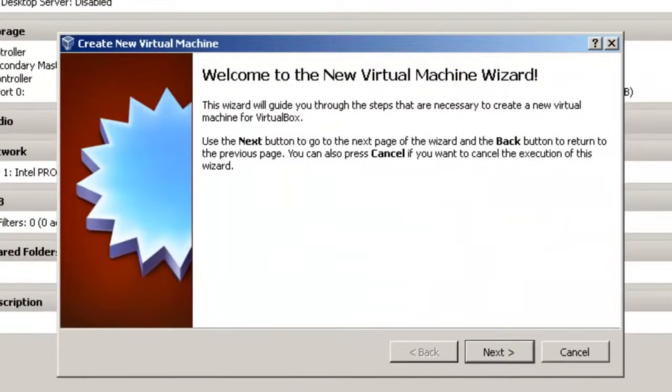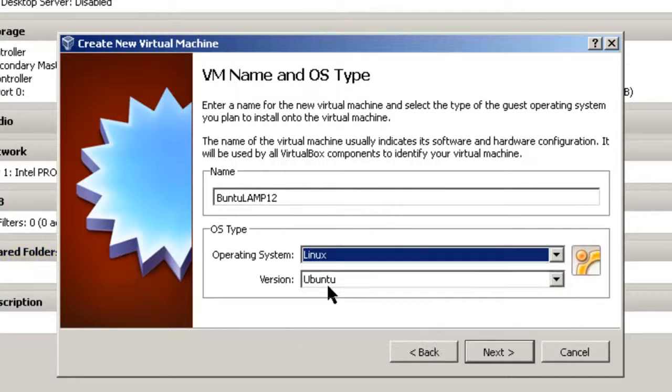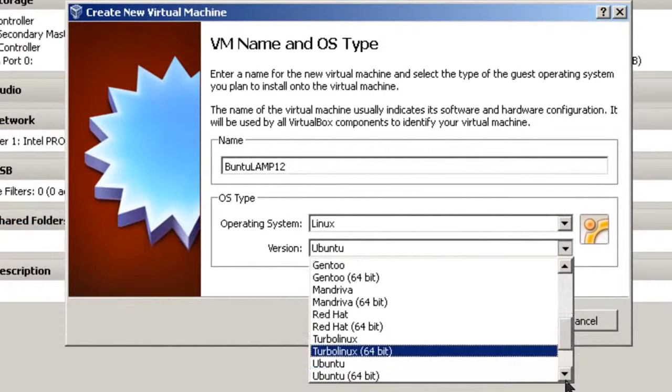Click New, and welcome to the New Virtual Machine Wizard. Next, and I'm going to give it a name. In this case, I'm going to call it Ubuntu LAMP 12 because I'm going to make this a LAMP server, but you can make whatever type of Ubuntu server you wish. And the operating system, Linux, and it says version Ubuntu, but let's make sure that we go to